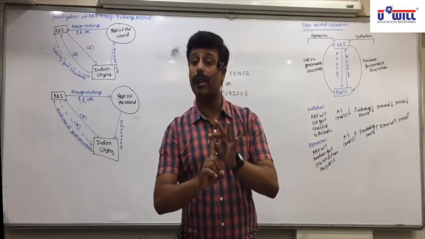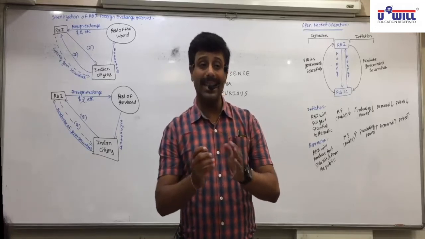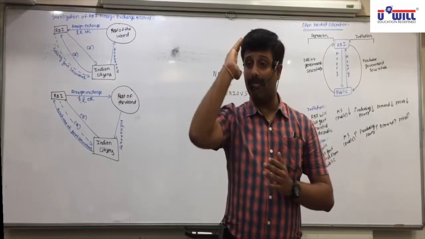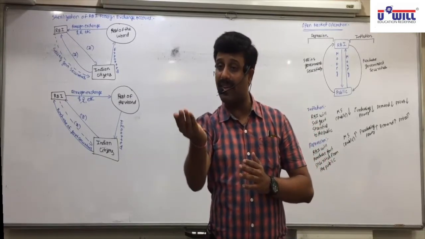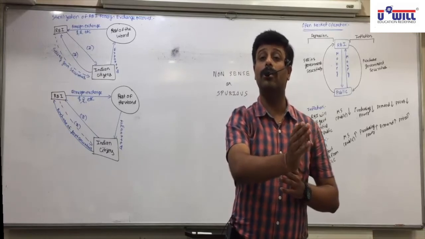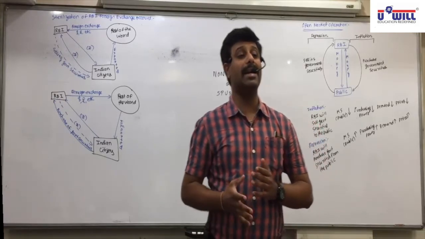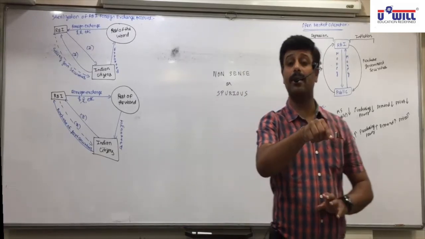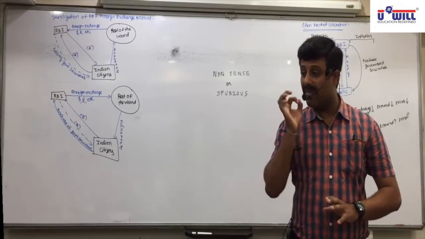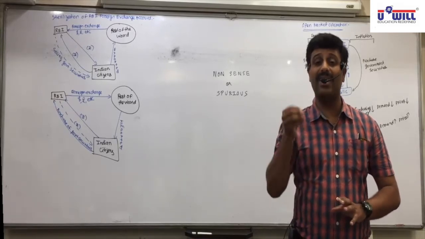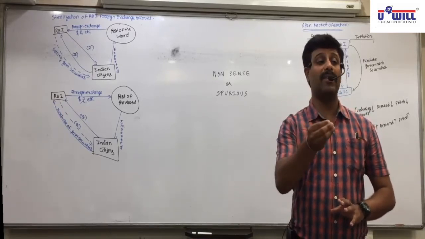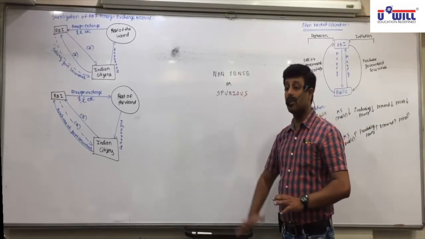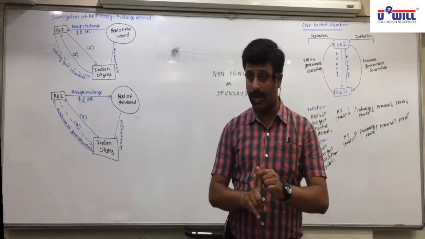Before you conclude that, what is the precaution you have to take? Find out, is there a cause and effect relation or not? Then only give the conclusion. Does the marks scored by Charuda depend on the number of hours studied by Dash? No. So you cannot conclude that there is high degree of positive correlation, though the answer comes to 0.9. Before you give any interpretation, you must verify: is there a cause and effect relation, or is there a nonsense or spurious correlation? Understood? That is the first precaution you have to take.